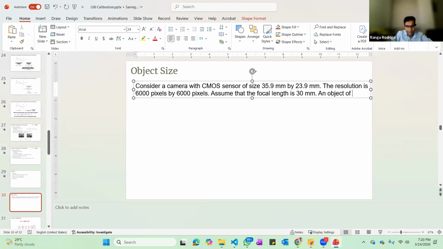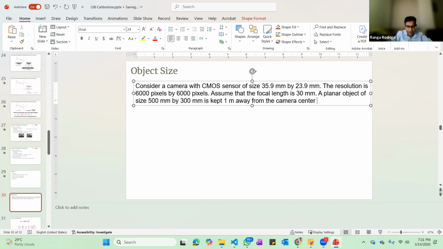A plane object of size 500 millimeter by, let's say, 300 millimeter is kept 1 meter away from the camera